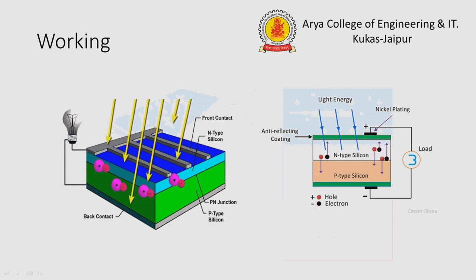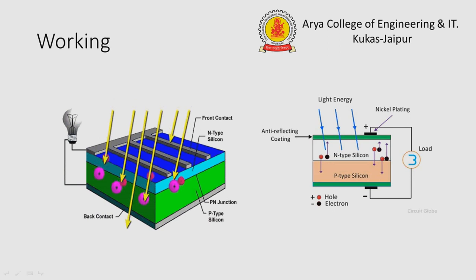We can explain the working of solar cell also this way. As I discussed, there is a p-type silicon and an n-type silicon. Between those silicons there is a p-n junction. When we apply photons from the sun on this, these photons excite the electrons in the p-type silicon. These electrons further go to the conductor, and because of this movement of electrons we get current in this circuit.